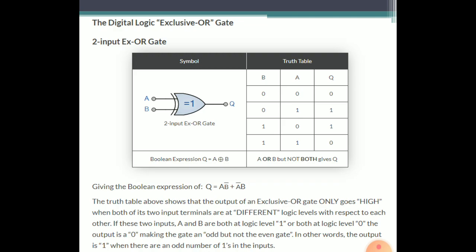In other words, the output of an exclusive OR gate only goes high when its two input terminals are at different logic levels with respect to each other. An odd number of logic 1s on its inputs gives a logic 1 at the output. These two inputs can be at logic level 1 or at logic level 0, giving us the Boolean expression Q equal to A XOR B, that is equal to A dot B dash plus